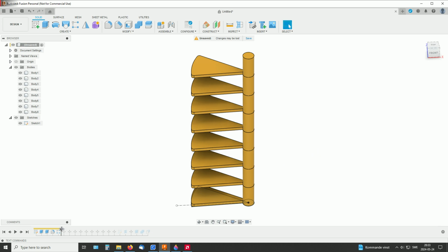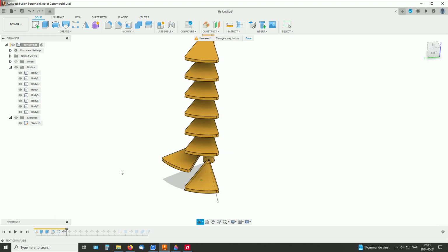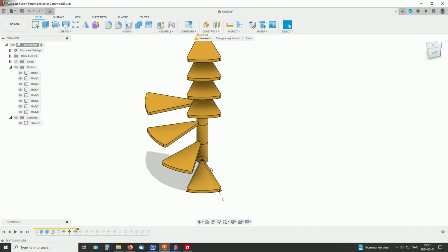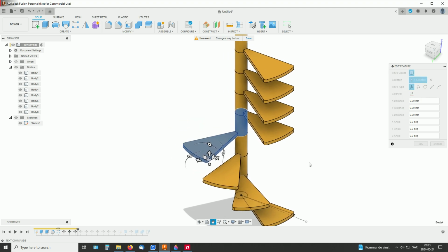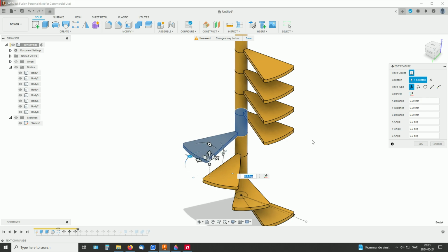And then I used some move commands to just move them 30 degrees, 60 degrees, and plus 30 for each. And if you look at this pivot point, you may end up with a pivot point that is not where you want it, so it becomes like this. But in that case, you can click here, set pivot point, and make it so it's inside the